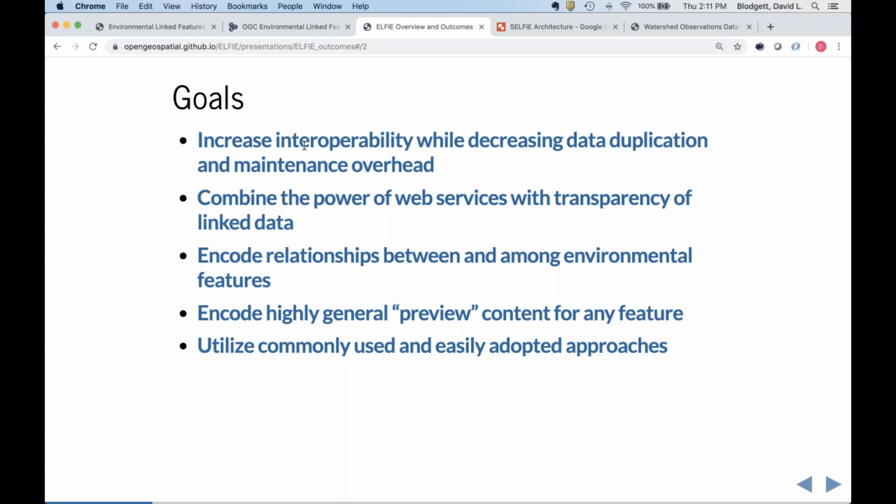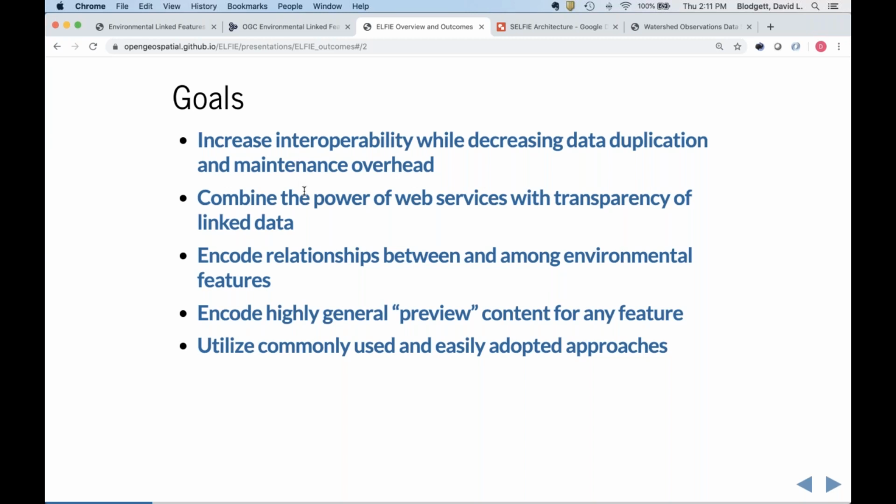If we can decrease the duplication between those two systems to such an extent that people can just manage their own content, but reference each other in ways that are sustainable and interoperable, we will have achieved our goals. That's the promise of this linked data paradigm: letting people reference each other without the need to duplicate content and have all that maintenance overhead.